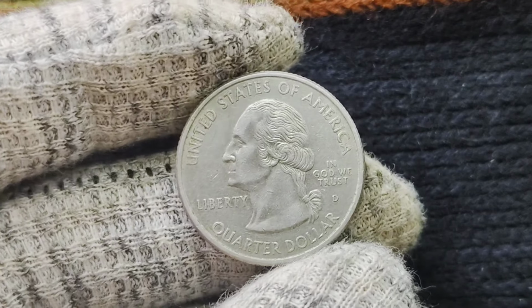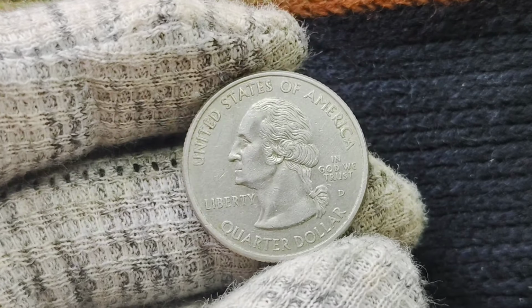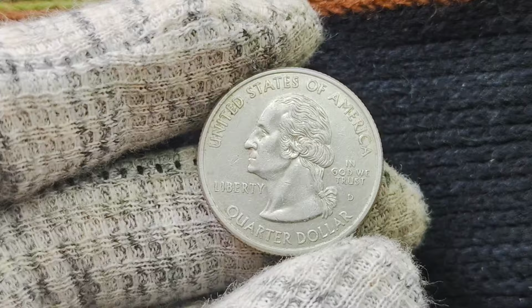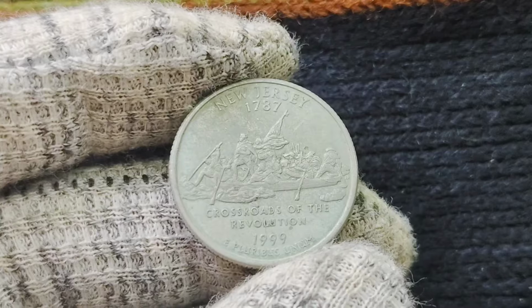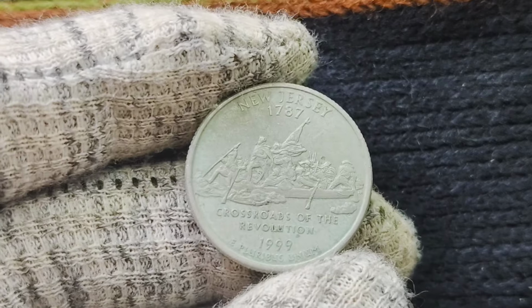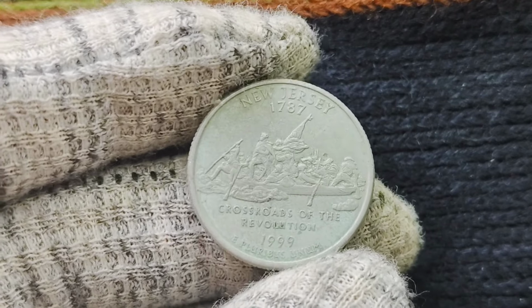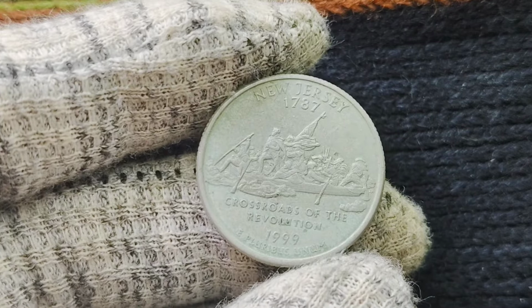Some of these coins have sold for upwards of $1.5 million at auction, but that's only if the coin is nearly perfect. For coins in lesser condition, the value can still be high, but nowhere near the $1.5 million mark. So, if you happen to find a 1999 D New Jersey quarter in your change, it's worth taking a closer